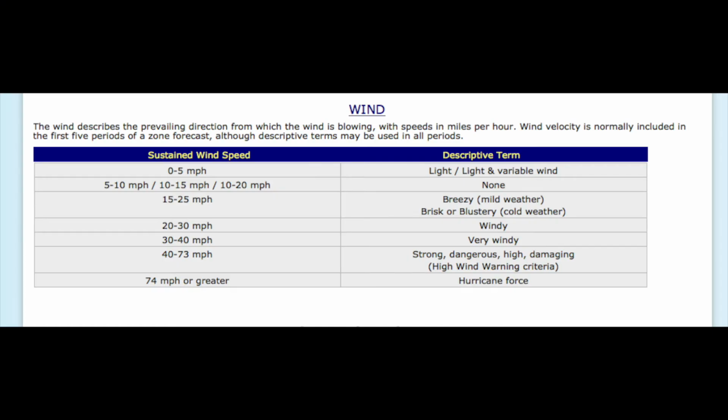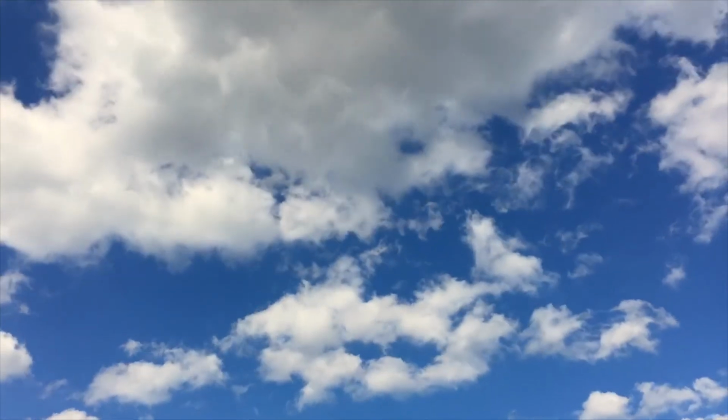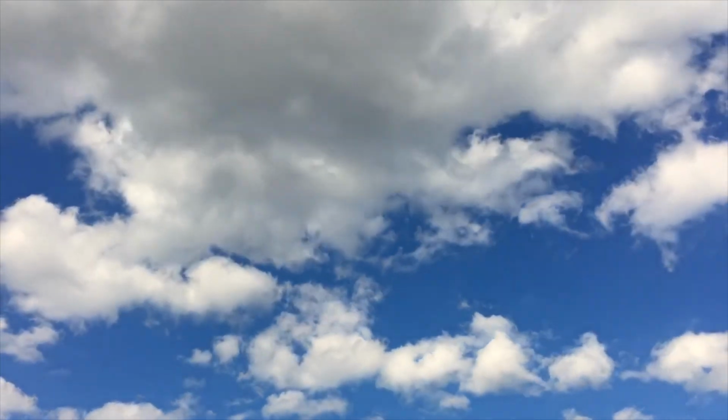The National Weather Service does indeed have a definition for breezy day. If sustained winds are between 15 to 25 miles per hour, you can call that day breezy. And what about partly cloudy? How does the average person define what it is? I guess in percentage